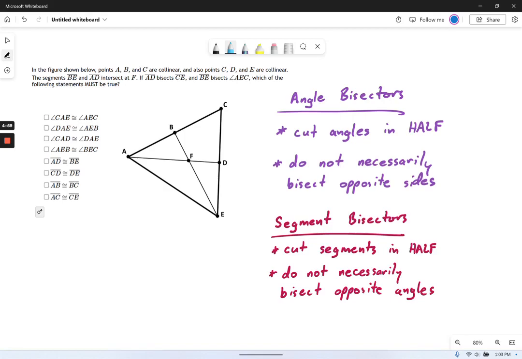When discussing a bisector, we have to be a little careful about what is being bisected. In other words, cut in half. Let me make up an example that's not quite the same as this one, but it'll tell you exactly how to get through it. Let's say that this line right here bisected this angle.